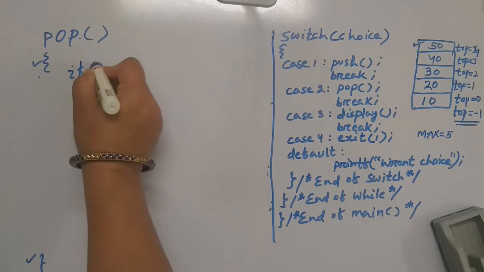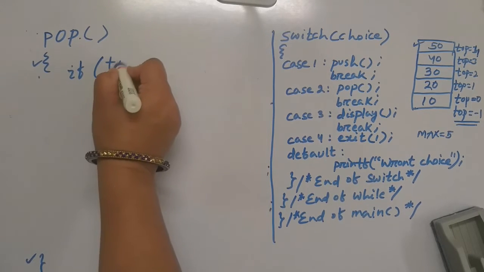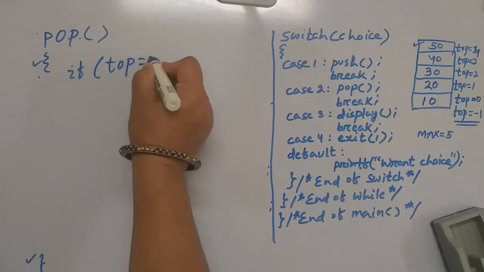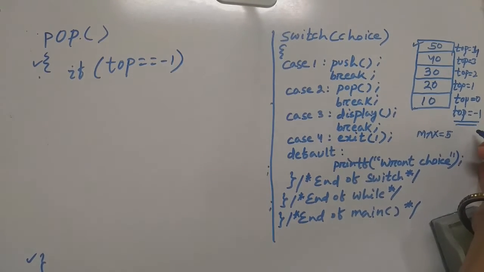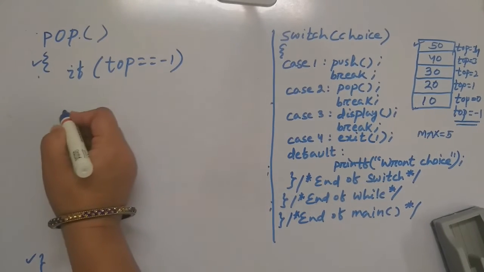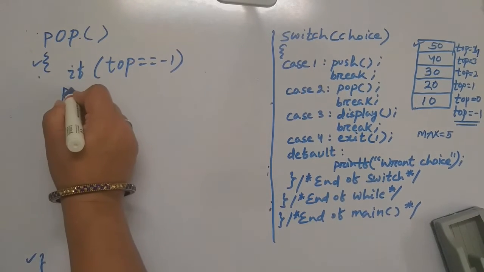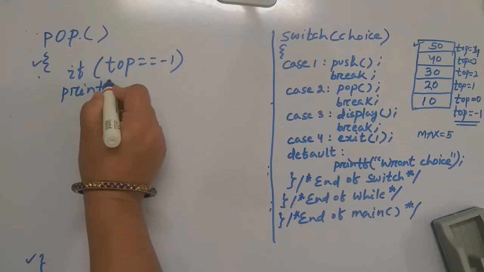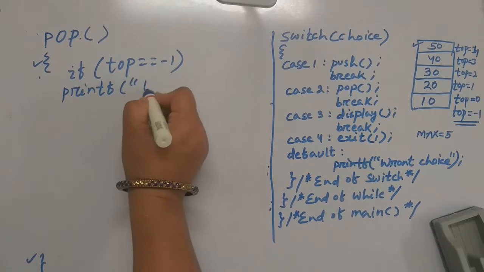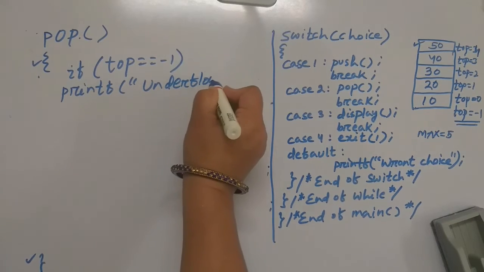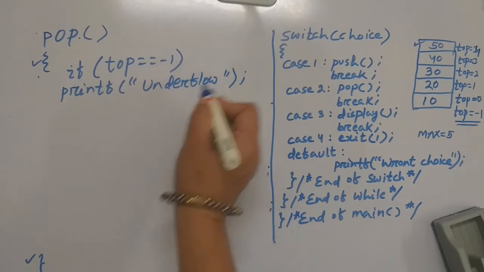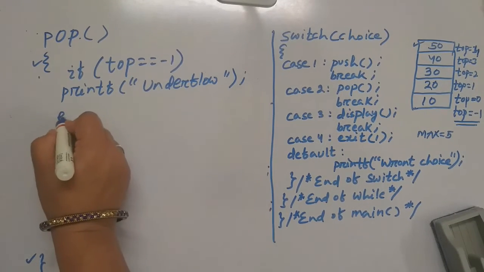So what we check is, if top is equal to minus 1, we know that whenever top is equal to minus 1, the stack is empty. After that we cannot delete any element. So printf underflow condition, because there is no element there for deletion. So we write down underflow condition, else